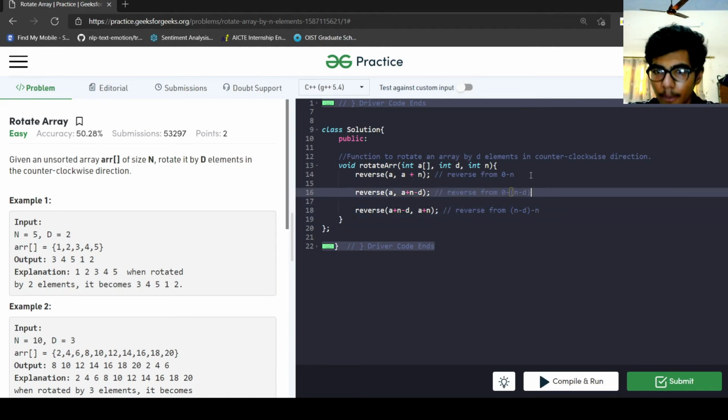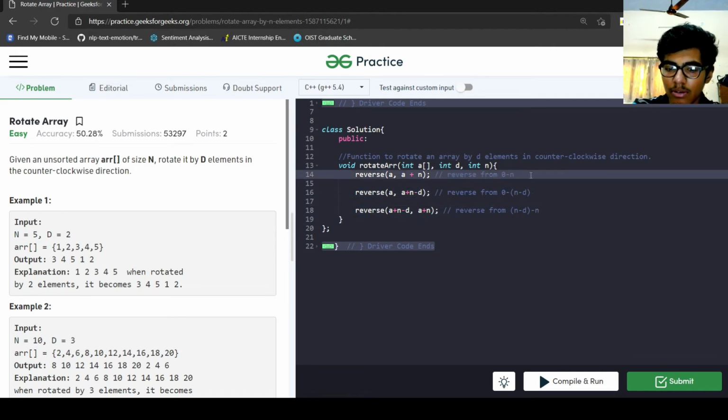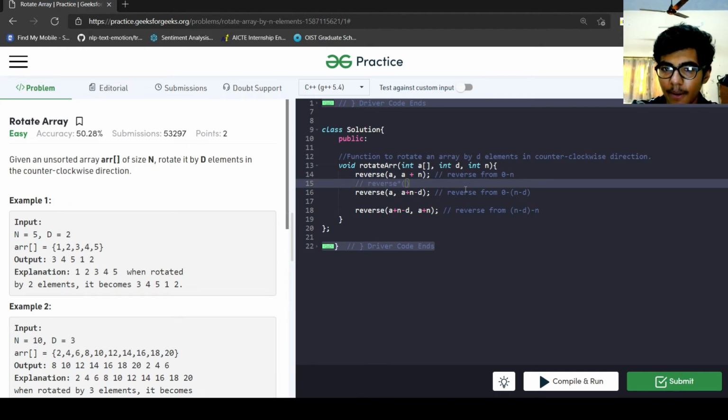Okay, so how to reverse this array? To reverse this array we use the reverse function, with a plus i, the ith value from where we want to reverse, and the jth value up to where we want to reverse.